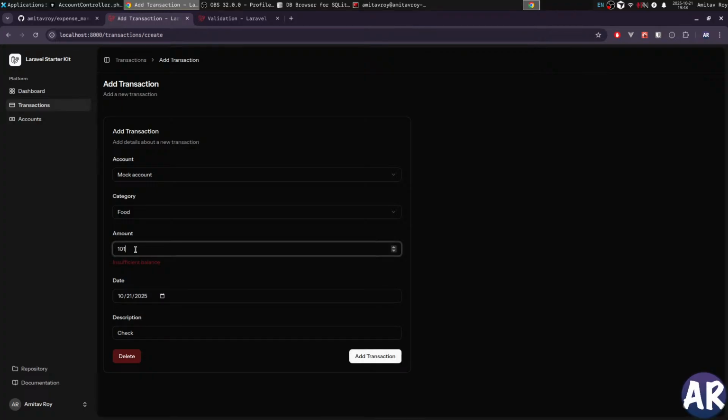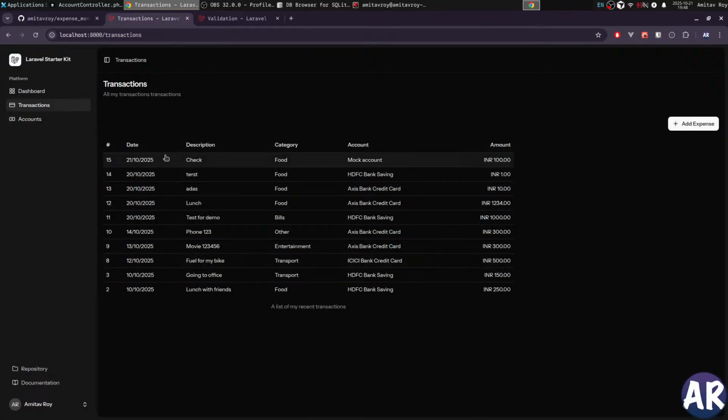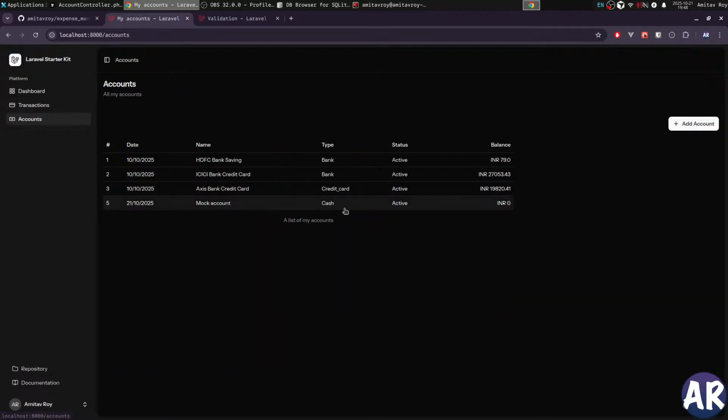And it says insufficient balance. If I do 100, it goes through, and now if I go to my accounts, my mock has a balance of 0. Perfect. So this is done, and ideally